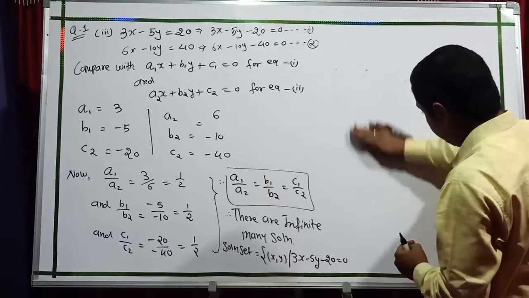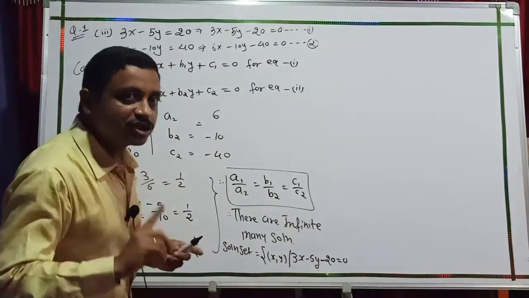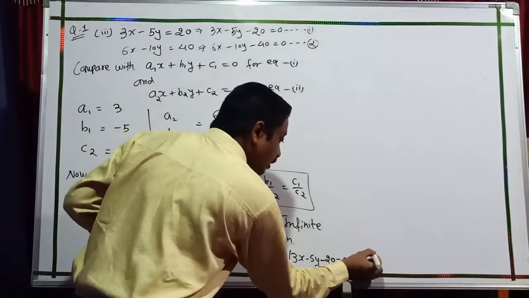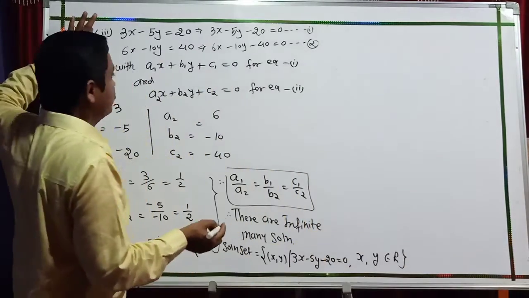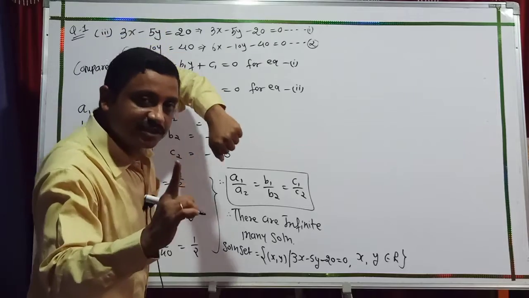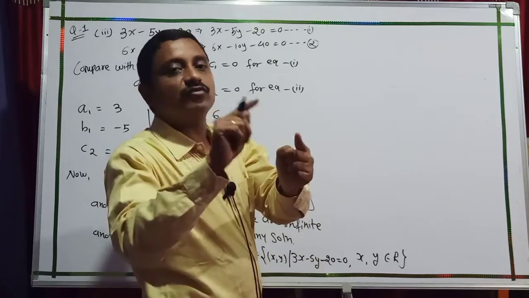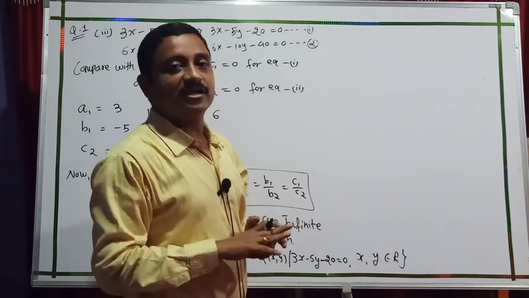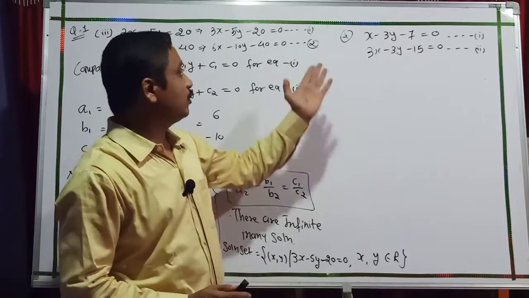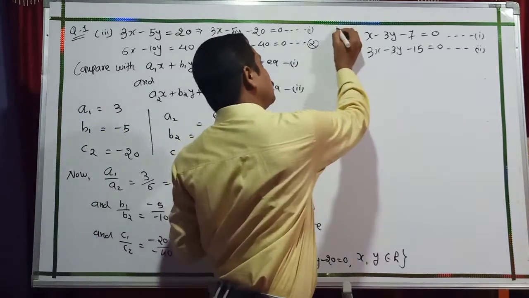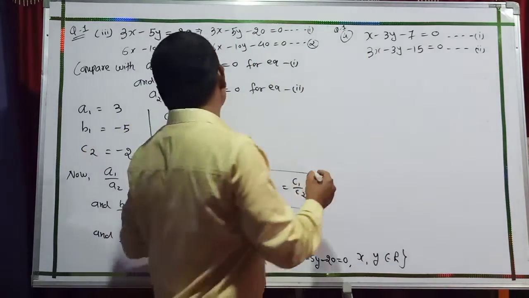No further calculation by the cross multiplication method, because here there are infinitely many solutions, we cannot judge a proper answer. x, y belongs to R, and this answer is my final answer, students, for this numerical. If a unique solution exists, then and only then you apply your method, x, y and 1, the cross multiplication method. Now I go to question number 1, our fourth sum. Same as the 1 and 2 equations, we compare.